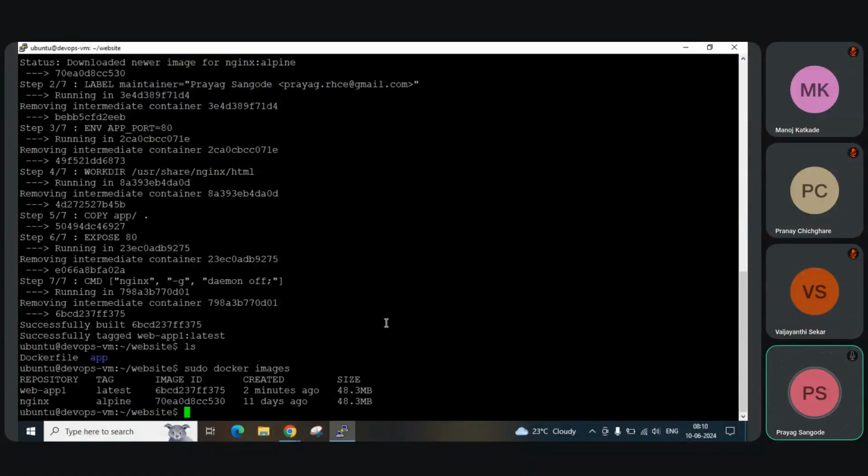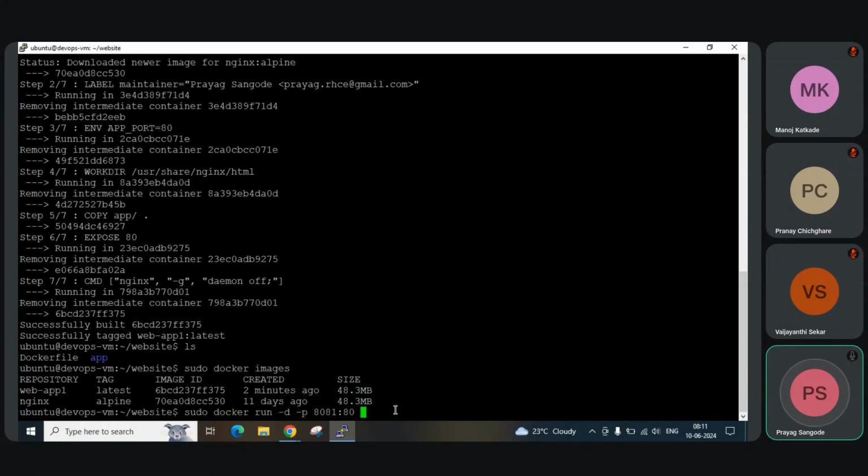That we will do tomorrow. And now I need to run it. So which command will I use? Sudo docker run. Let's run it in detach mode. Let's run it on port 8081 on the host. Inside the container, we know it runs on port 80. Even if we add something else here, it will not work. We need to map the correct port. It is a mapping of the container port to the host port. Host port means the DevOps VM,